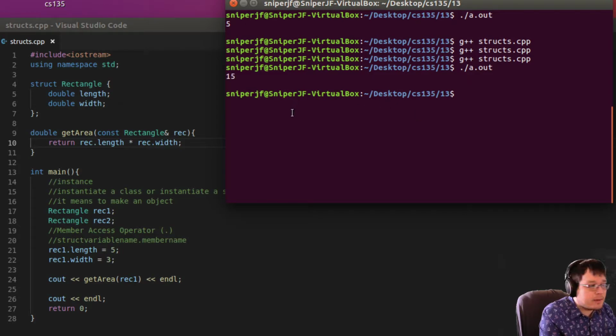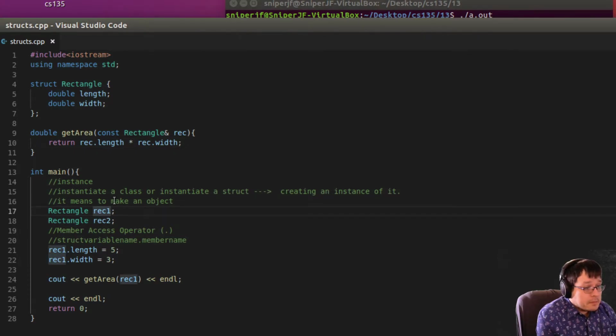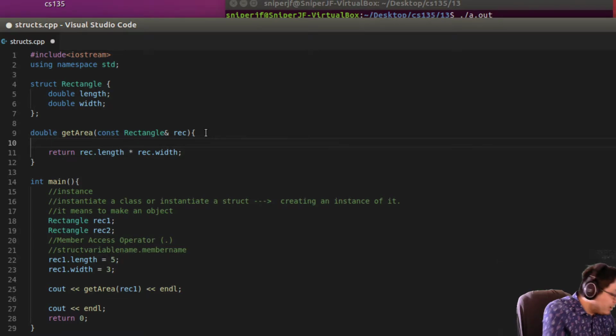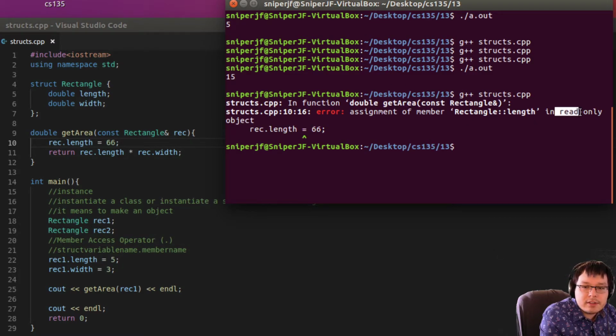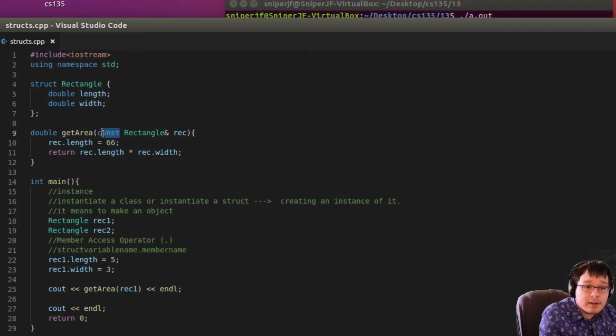15. 3 times 5 is 15. Yes. Okay. So that worked. It's pretty nice. Just to show you that if we tried here to randomly change the width for some reason to, I don't know, 6 or whatever, we get an error saying that it's a read-only object because we put this const as a way to protect ourselves. Because if we didn't,